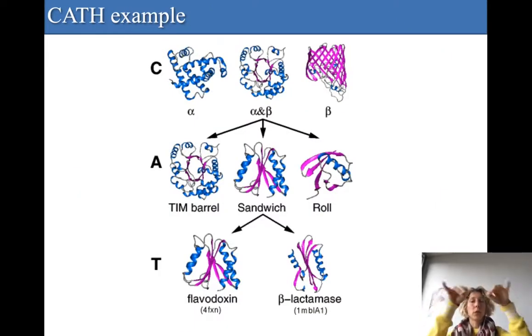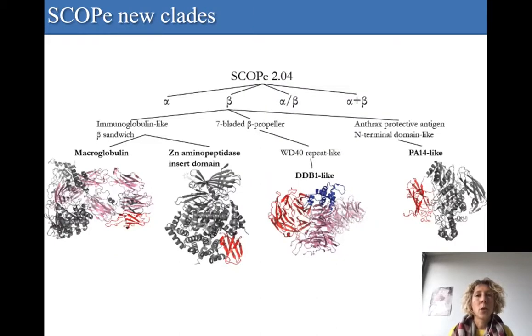So it's okay, hierarchy. You can see here an example. We take a class, alpha and beta, and then we show 3 folds. Well, not folds because it's CATH. So 3 architectures. And then we take the sandwich architecture, we have 2 topologies, so you can see the level of difference we have. SCOPe was an effort to revisit SCOP and